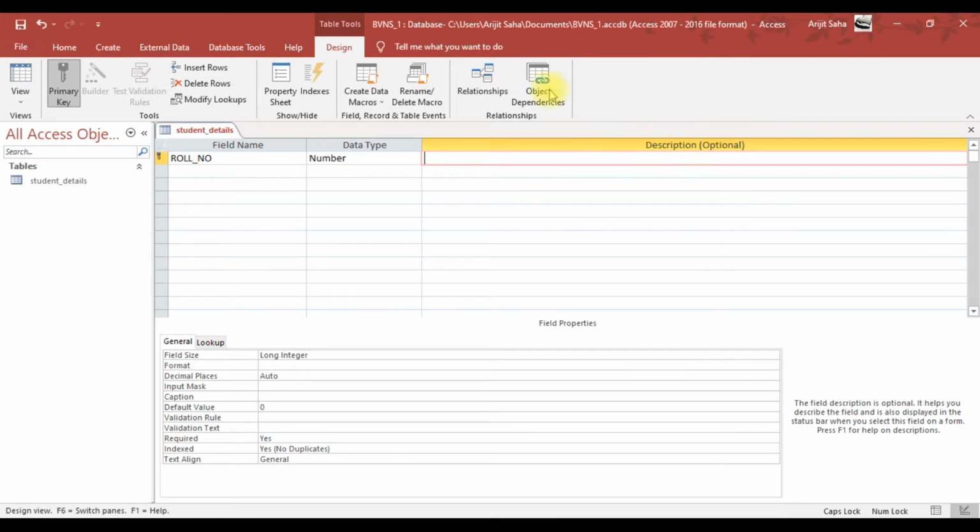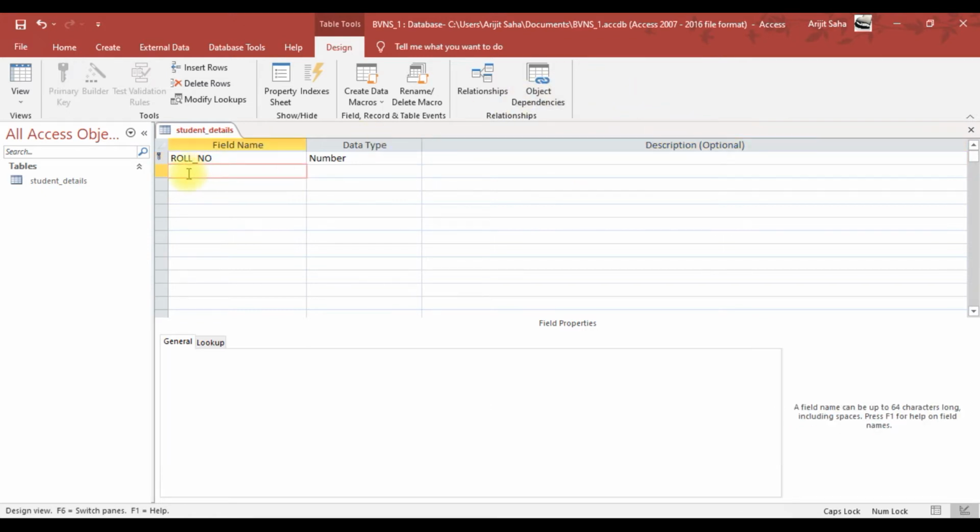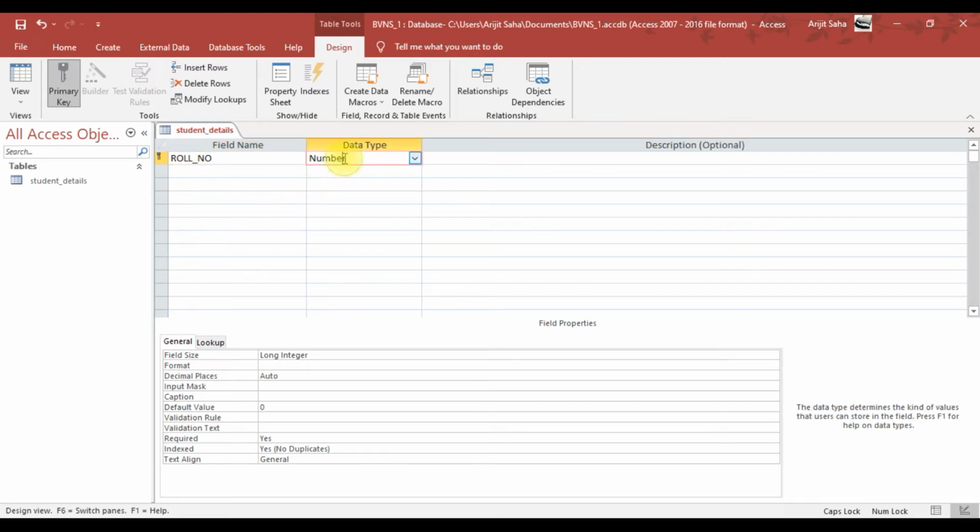Next, moving on to the next row, remember that whatever row we create here, these are the columns of a table. First we created a Roll_Number column with the type Number. It means this Roll_Number column is only going to take in numbers and not any other values. That means if you try to enter alphabetic characters or any other special characters, this field is not going to accept them. This column is not going to accept them.